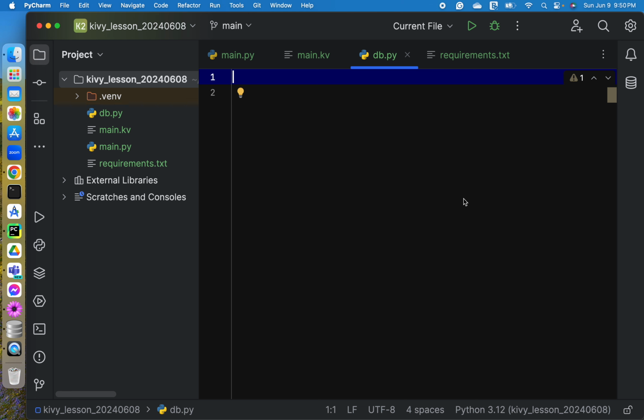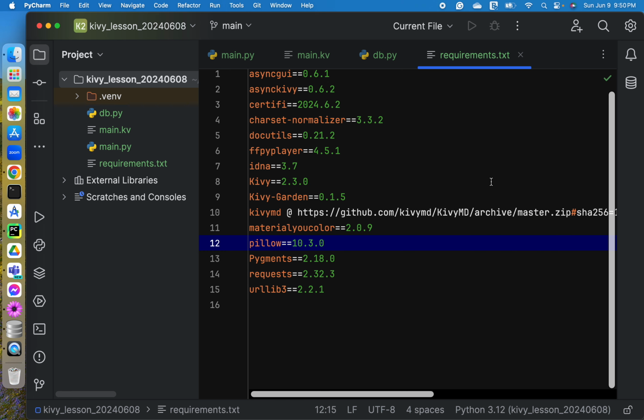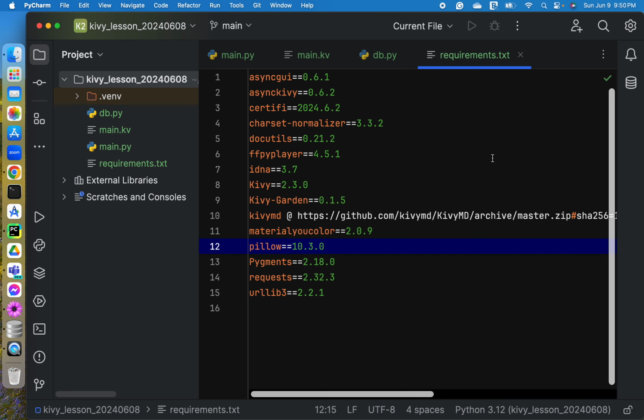And one good thing about SQLite is that it's already built in to Python, so you don't need to install it. As you can see here in our requirements.txt file, I don't have any installation of SQLite.